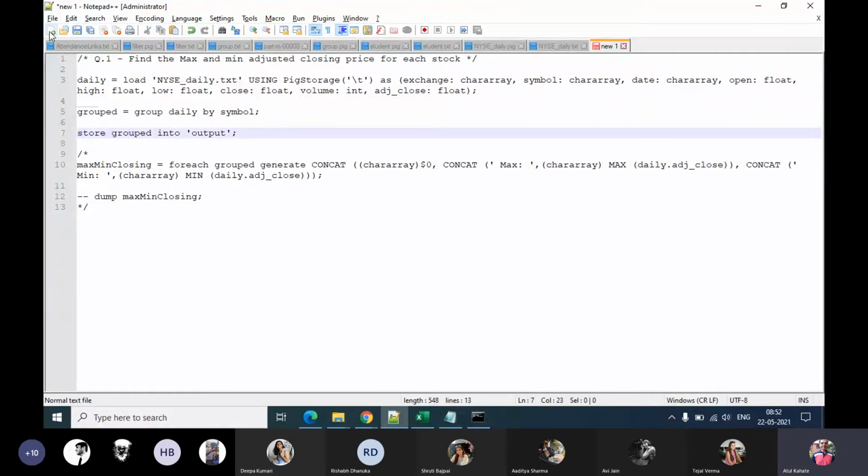Why are we doing this? To know how this grouped structure exactly looks like, so that once we know how this structure looks like, then we know how the foreach statement will work. But that is step number 2. Right now we just want to understand how the grouping structure looks like.